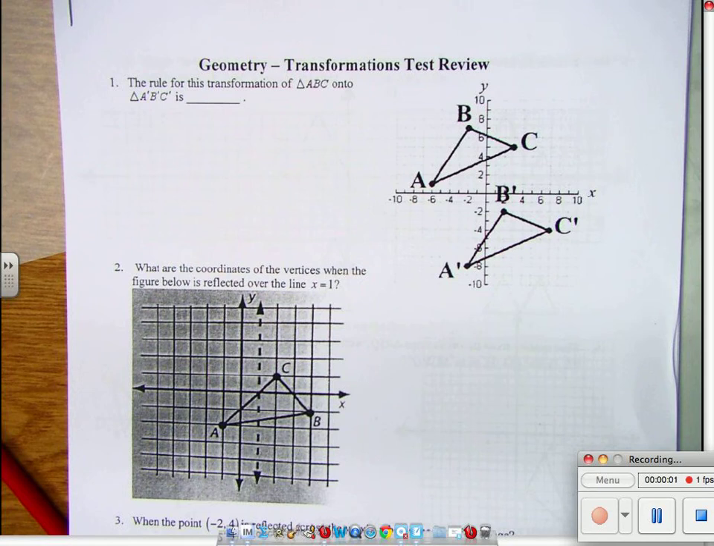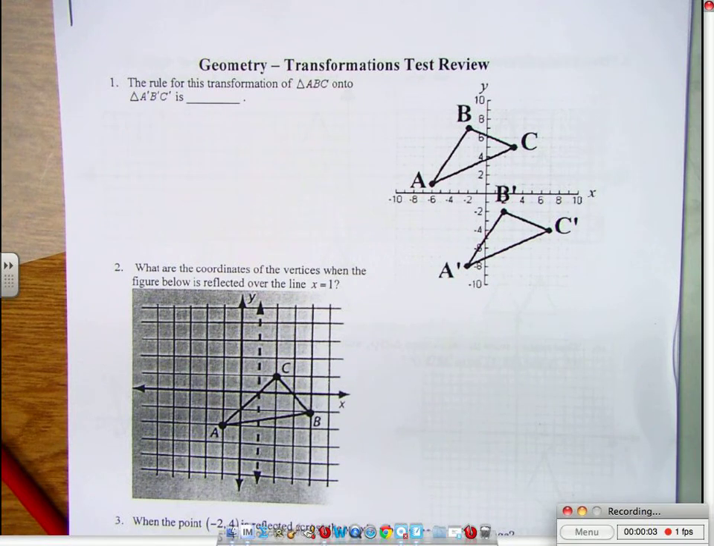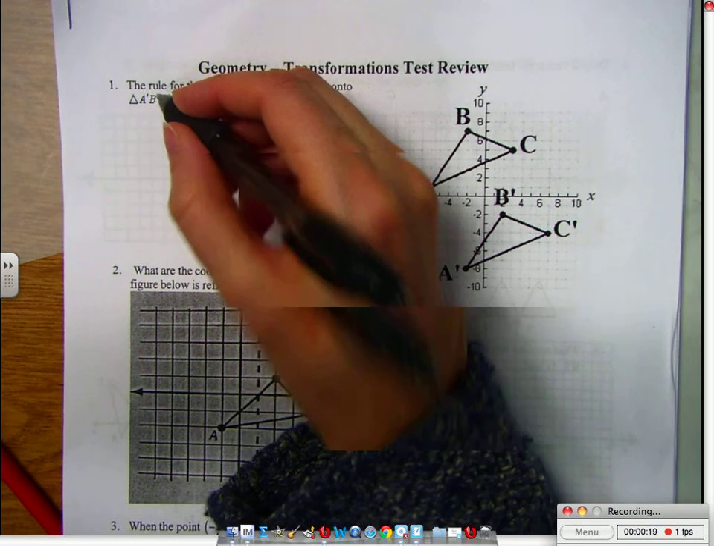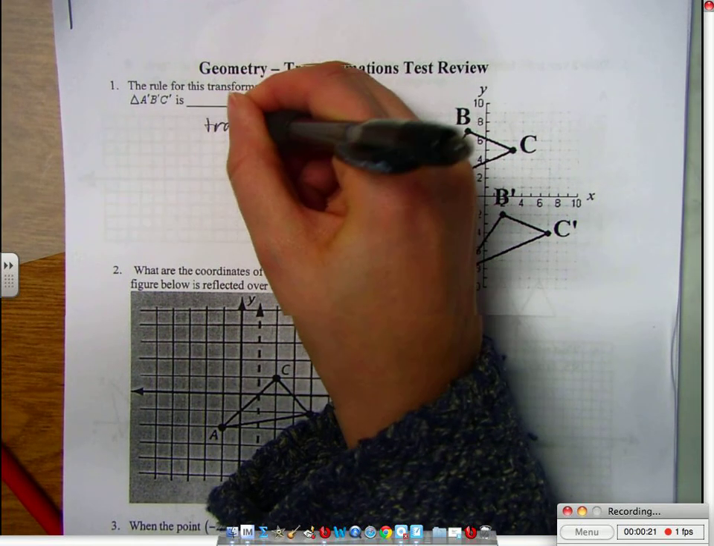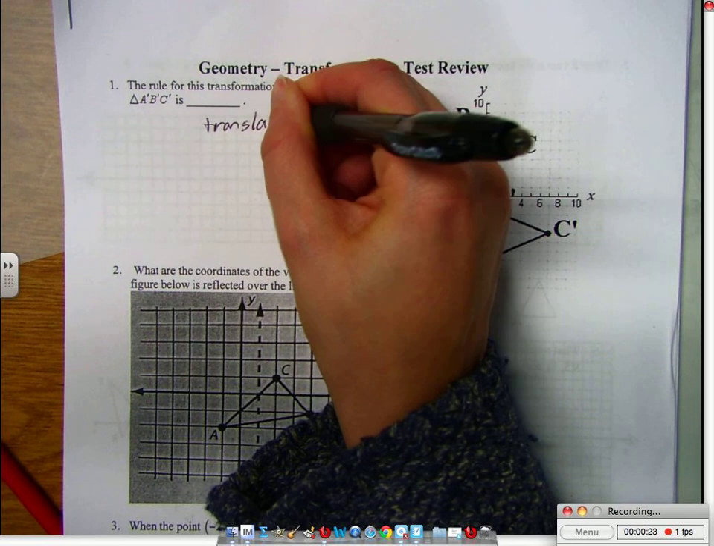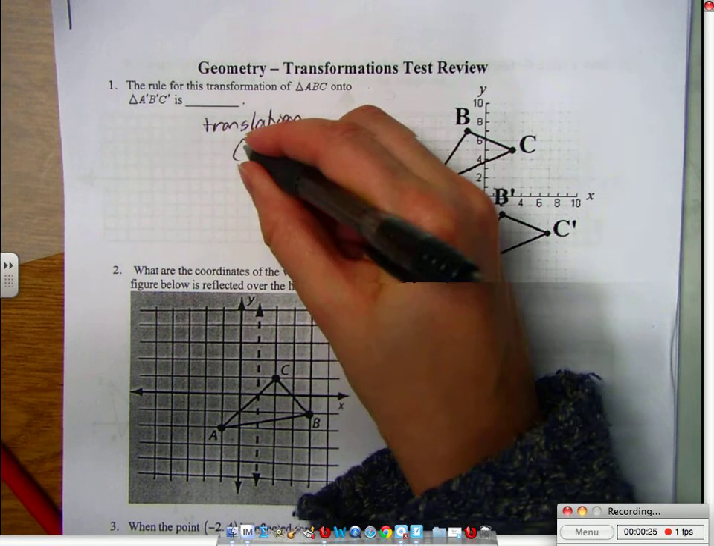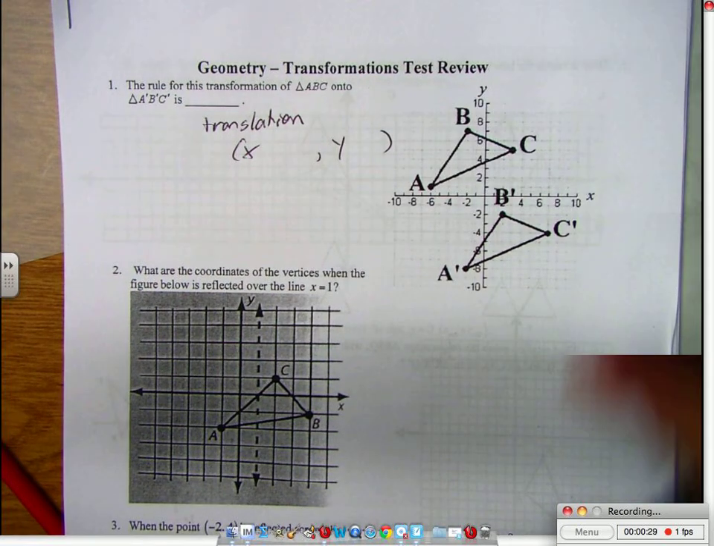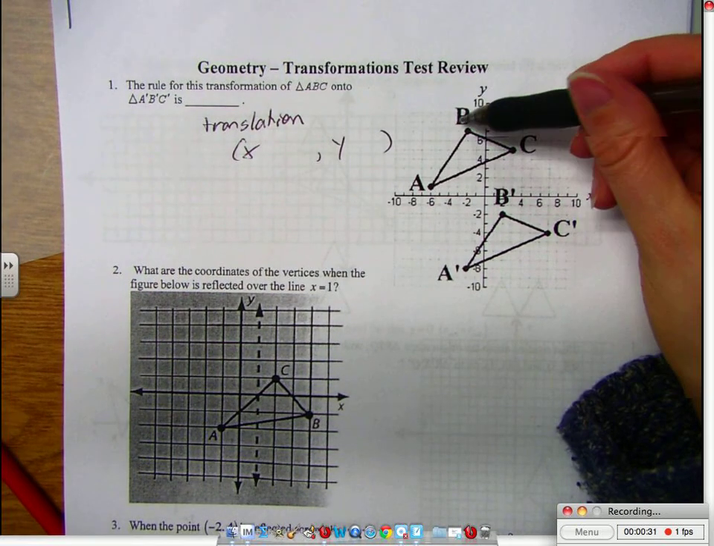Ladies and gentlemen, we are working on our review for transformations. And the first one we're looking at here is a translation of what? So ABC onto A prime, B prime, C prime is a translation of what? So I like it written x, comma, y, where you add or subtract from them to get there. So to get from B to